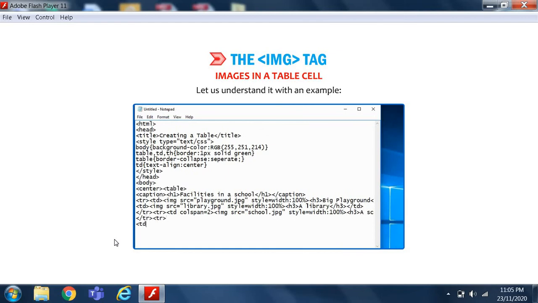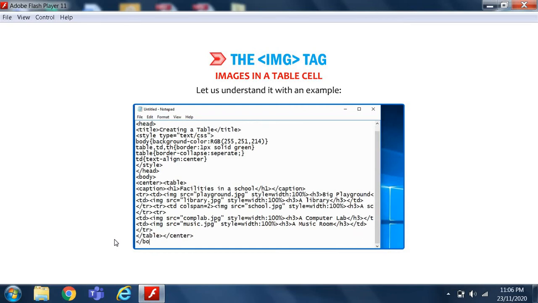</tr><tr><td><img src="complab.jpg" style="width: 100%"><h3>A computer lab</h3></td><td><img src="music.jpg" style="width: 100%"><h3>A music room</h3></td></tr></table></center></body></html>